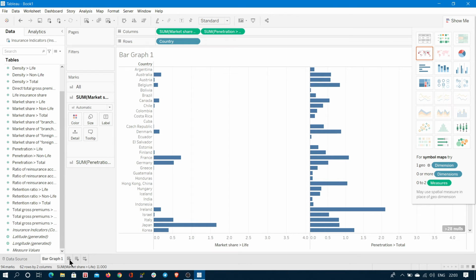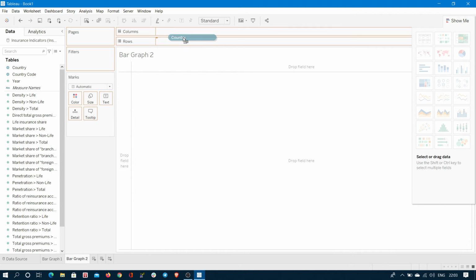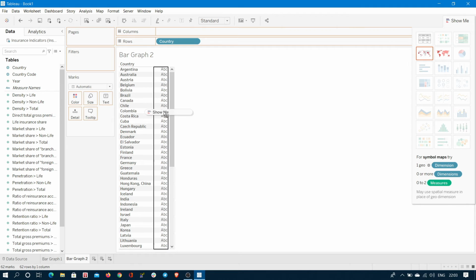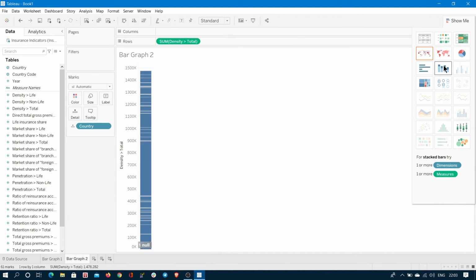Let's create another sheet with the name bar graph 2. In this, I'm going to design stacked bars. In the same manner, we need to use one dimension and at least one measure like this. After choosing one measure, we need to create a graph like this. Click on stacked bars, and it will represent like this.